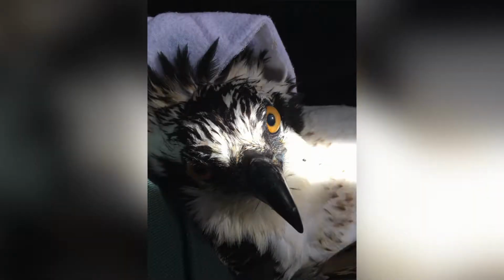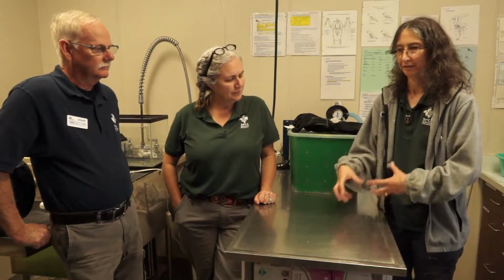So we immediately got him on some medication. We put him in a nice soft carrier with a big comforter. We didn't want him to hurt himself. These guys have a 6-foot wingspan, so they can really flap and cause damage to themselves when they're in rehabilitation. So we had to make sure he was protected against anything hard where he'd hurt himself, especially if he couldn't